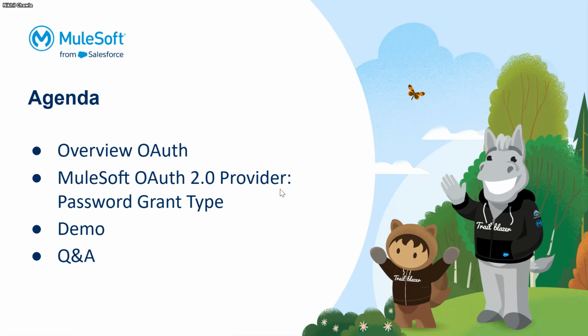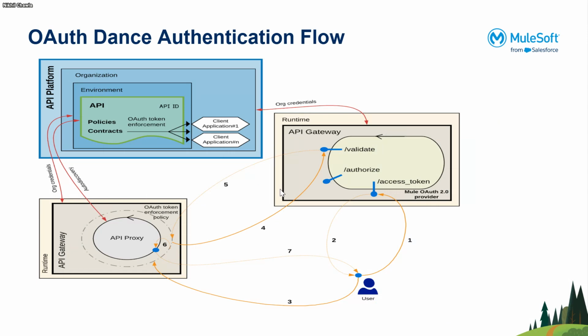But this time we will be configuring Mule as an OAuth provider. Many of you might have configured Mule as an OAuth provider, but I don't think many of you have. So it's a bit different. For the newcomers who are not aware of the OAuth flow,